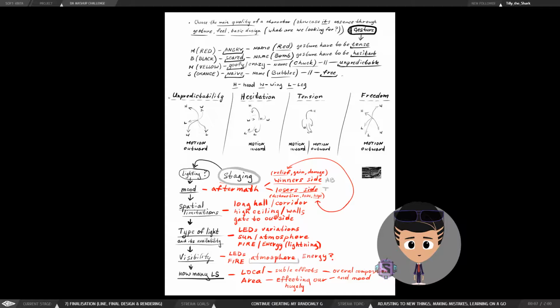So we chose the main quality of a character, and we tried to showcase the essence of this quality through the gesture, feel, and basic design. And it was important at the beginning stages, and it's even more important right now, because before that we didn't work with subtleties. We worked for the most part with the big gestures that from the get-go could tell us a particular quality or feel, or